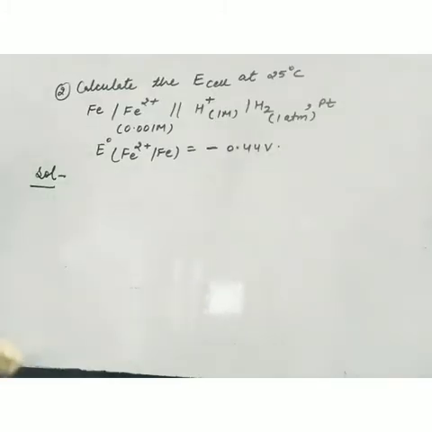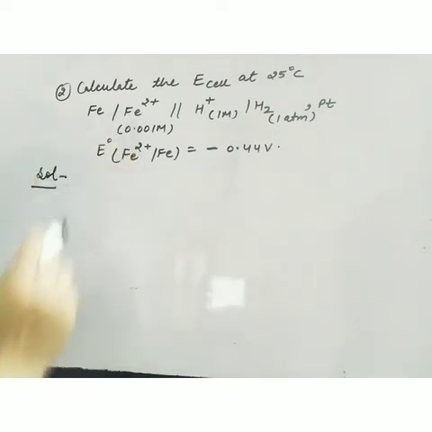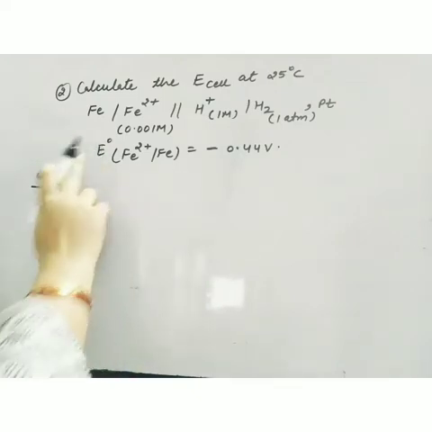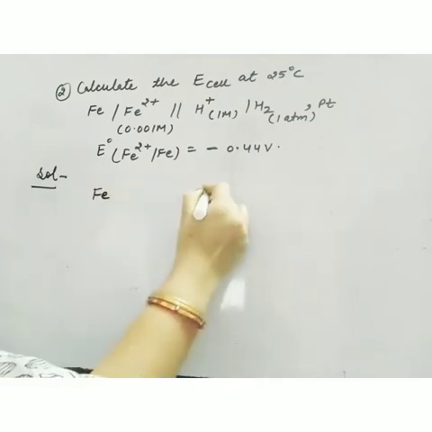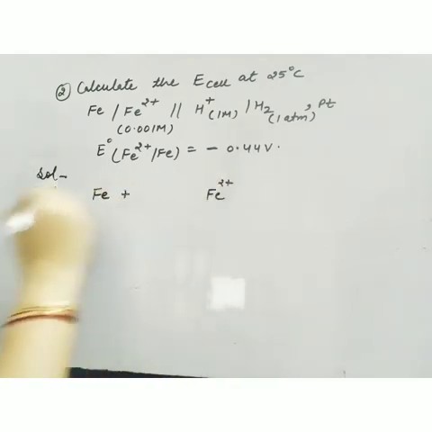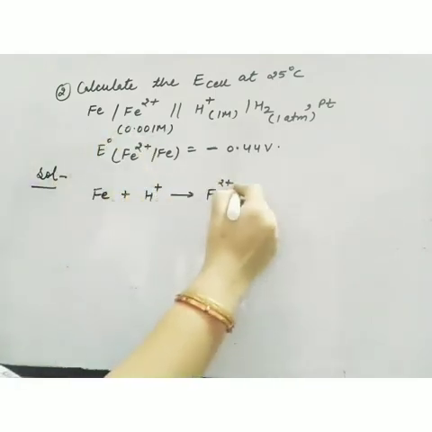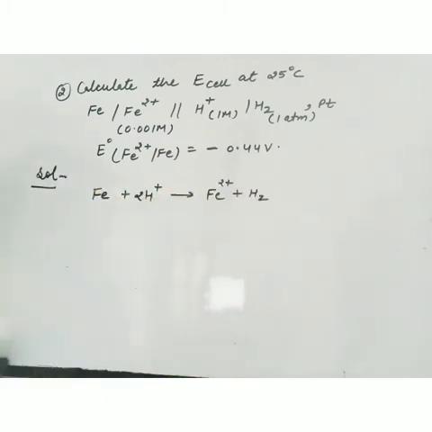Now the second question is, calculate the EMF of cell at 25 degrees Celsius, and cell representation is given to you, Fe/Fe2 plus. Solve it. Now here the second electrode is hydrogen electrode. It means hydrogen is acting as a cathode here. Okay, and standard reduction potential for iron is given, that is anode, and for hydrogen we know it is 0. Okay, so first of all we'll write the cell reaction. So Fe, Fe2 plus, now H plus, H2. So here I will write 2 to balance.